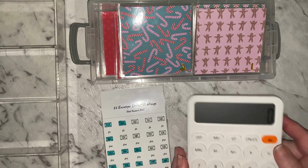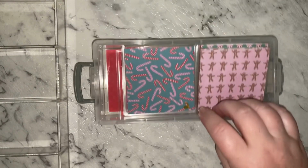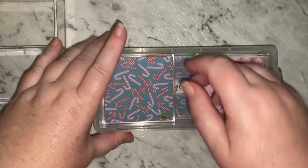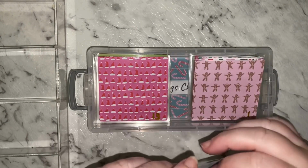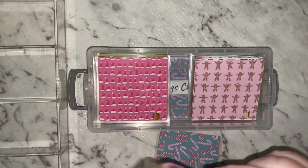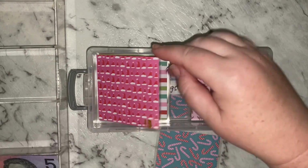Actually, I might not add it up until the end, so I'll move that out of the way, but it is not full, but I've got a decent amount in here, I think. I haven't actually added it up since looking at it. I can't remember the last time I put money in it to actually see how much there is. So what we'll do is we'll just pop these out onto, hopefully you can see that, onto the tray,